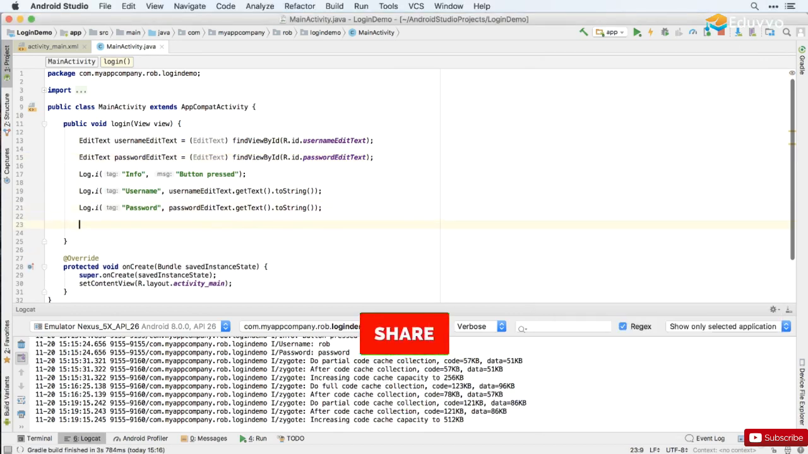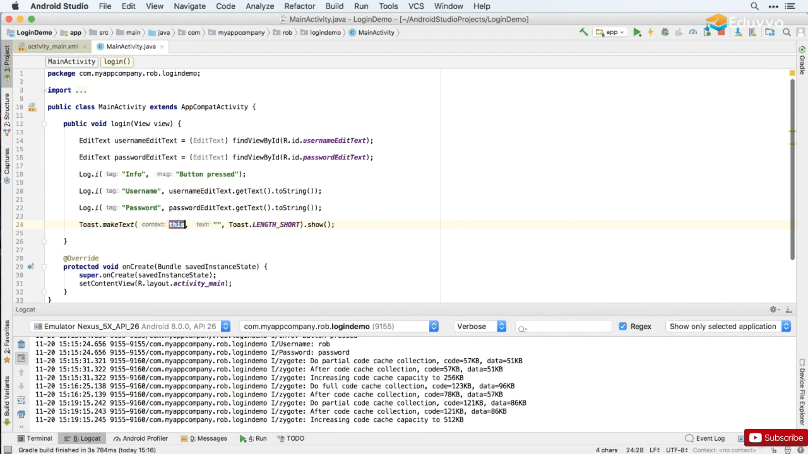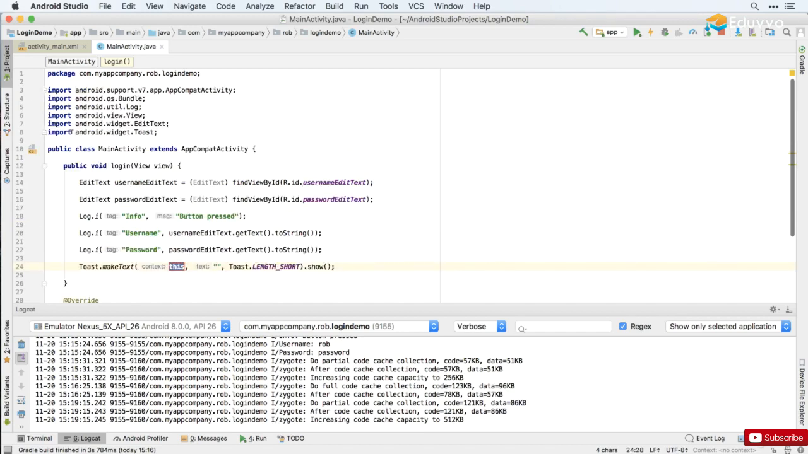So I'm just going to add a single line of code here, which says toast, and I'm going to select the create a new toast option and press enter, and this will pre-fill a lot of the code for me, as well as import the toast class. So we use toast.makeText. The context is the app itself where the toast is displayed, so that's this. We use this to refer to the app, and then the text is what we want